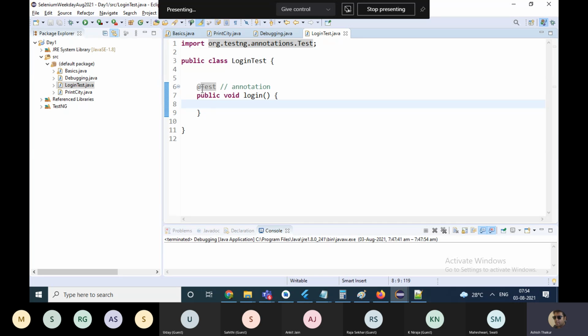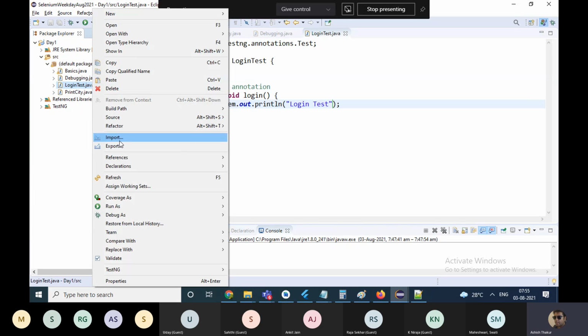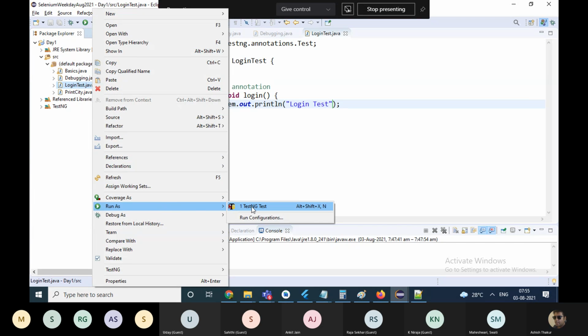And in the login test, if I just write print login test, and you right click on this Java file, you will get the option to run it as a TestNG test.